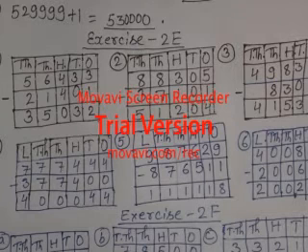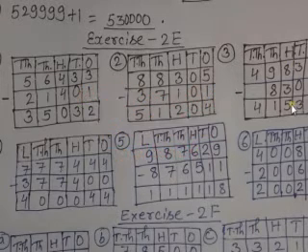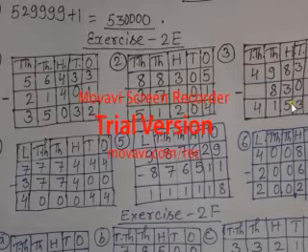2 minus 0 is 2, 3 minus 0 is 3. What happens when 0 is subtracted? The same number will be there. 8 minus 3 is 5. You can use fingers also to subtract. Suppose you are not getting how to get 5, then just take out your 8 fingers. From there you remove 3 fingers. Yes, and then you count the remaining fingers, you will get 5. In same way 9 minus 8 is 1, and 4 nothing is there, so 4 it will be.